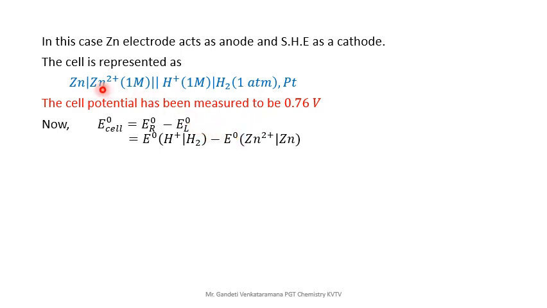On the left hand side, zinc to zinc 2 plus is actually present, but you cannot write like that, clear? Because here E naught represents a reduction only, here also E naught represents reduction only. For example, zinc 2 plus to zinc is a reduction, H plus to H2 is a reduction. If you write zinc to zinc 2 plus, it is not a reduction. But if you want to take zinc to zinc 2 plus directly, then minus becomes plus only.